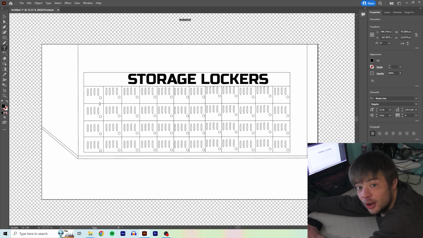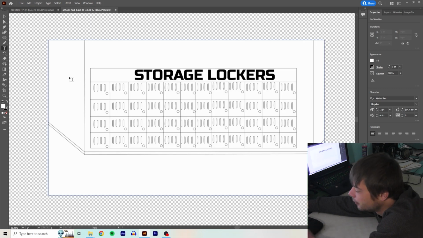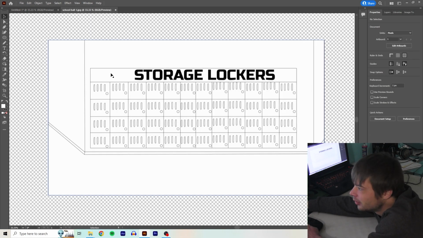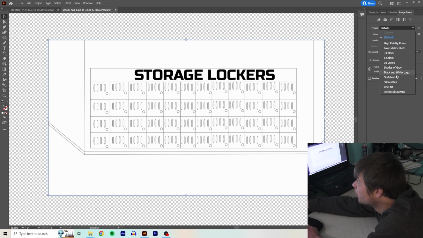Now, I'm gonna get onto the coloring. I'm just gonna open that drawing we made. Now, I can't color it. It's just an image, because I exported it and now it's just a still image. I'm gonna go to image trace, and I'm gonna click on the file, and I'm gonna go down to black and